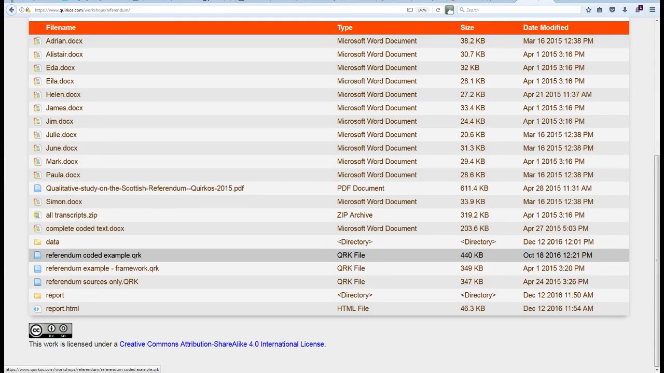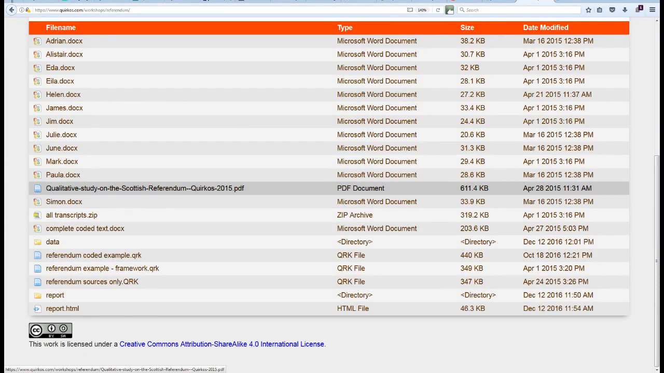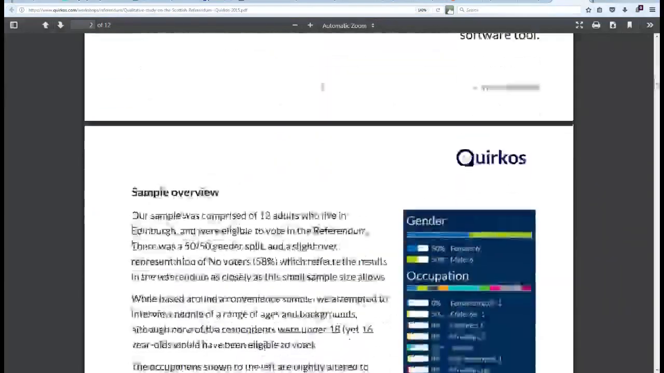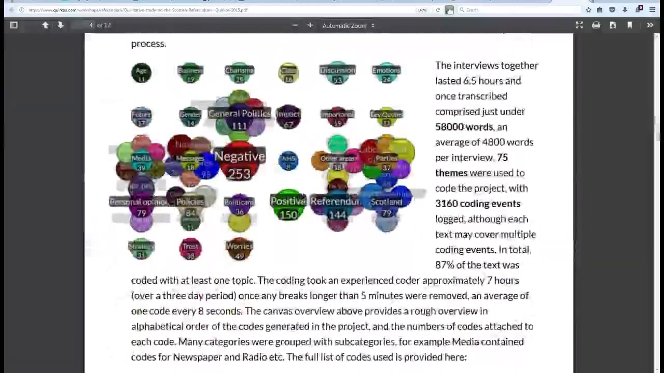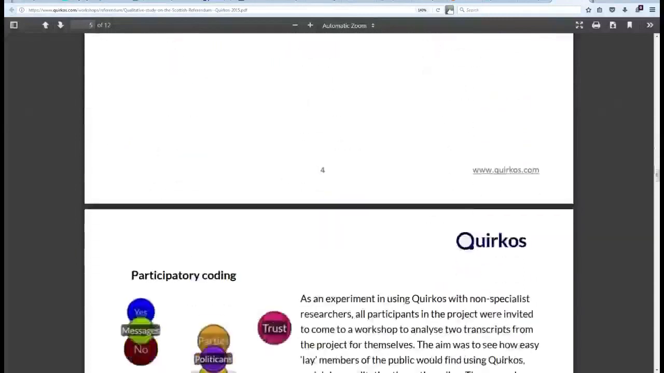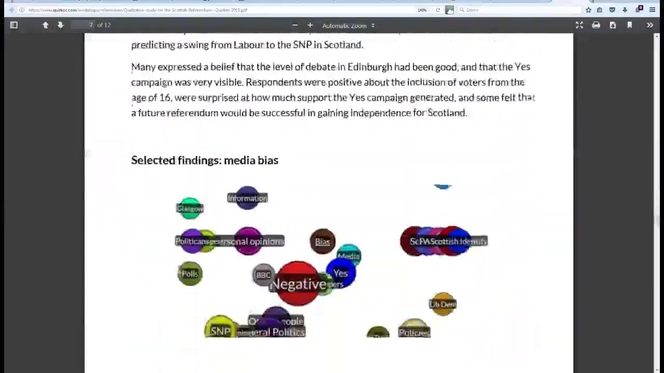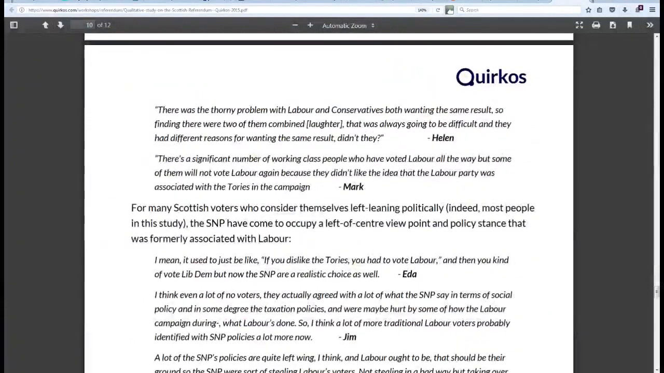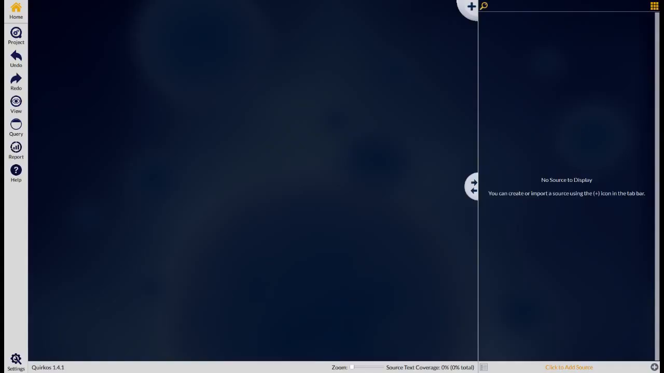So you can see how I've been through and analyzed it. And you can also get some reports which we've generated using the project. So you can see here's some of the outputs, and this is how we used Quirkos for understanding what people were talking about in the Scottish referendum. So what we're going to do is use this button here at the bottom left of